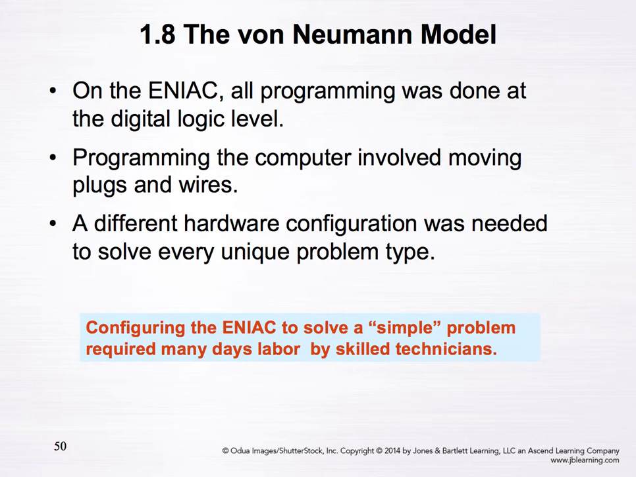So in this video, we talk about the von Neumann model. We know that on the ENIAC model, all programming was done at the digital logic level. Programming the computer involved moving plugs and wires and setting up the hardware components. Different hardware configurations were needed to solve every unique problem type, and whenever we have a new problem, we need